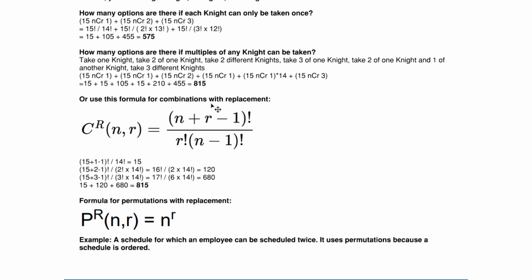You can still get 815 options. Given some of the knights are not so good in certain detachments, you can always put restrictions on it, and you can see from the previous examples that even with restrictions,